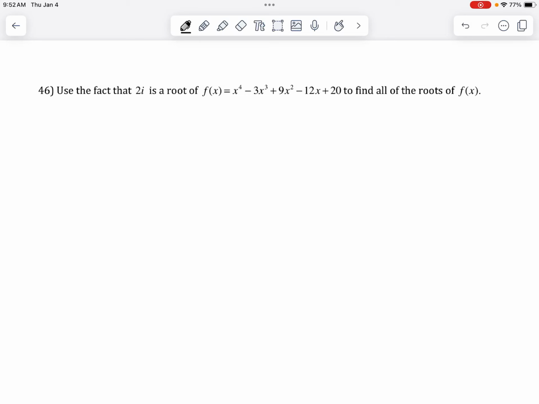Well, here we've got a polynomial of degree 4. That means that it has 4 roots. So if you set it equal to 0 and solve for x, we'll have 4 answers. And one answer is already given. That one answer is going to be x equals